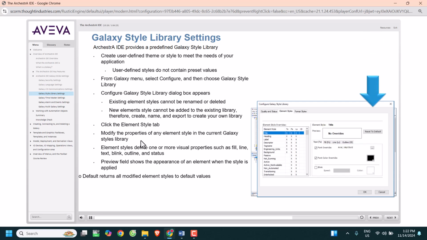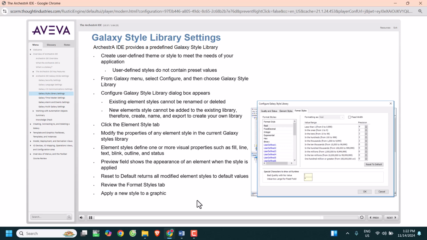The Reset to Default button returns all modified element styles to their default value. Review the Format Styles tab. You can apply a new style to a graphic. Save and export the defined new style to import and apply to another Galaxy. Additional training courses offer details on graphic styles and elements.